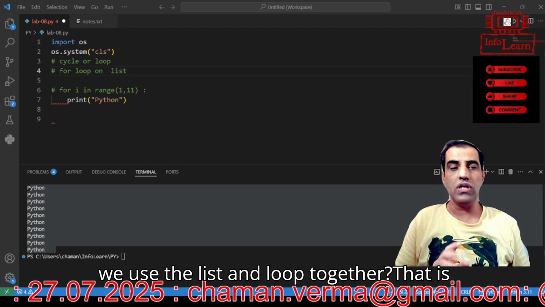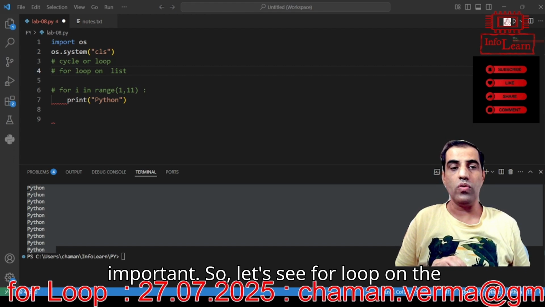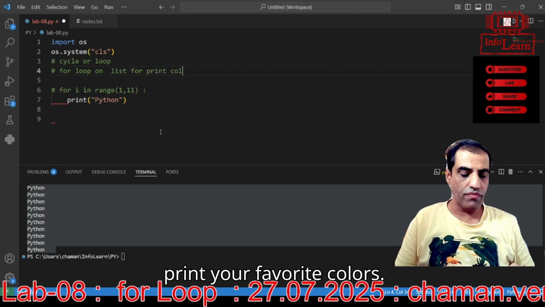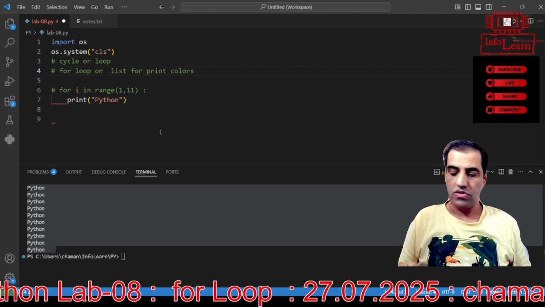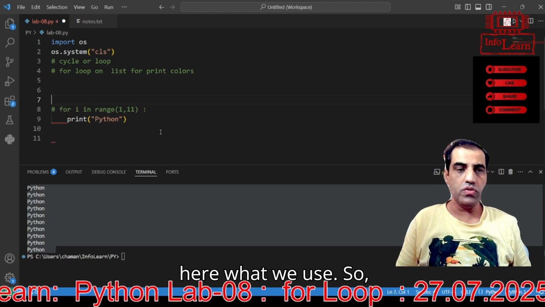So can we use the list and loop together? That is important. So let's see a for loop on the list. Print your favorite colors. So this is only a simple example. And here what we use,